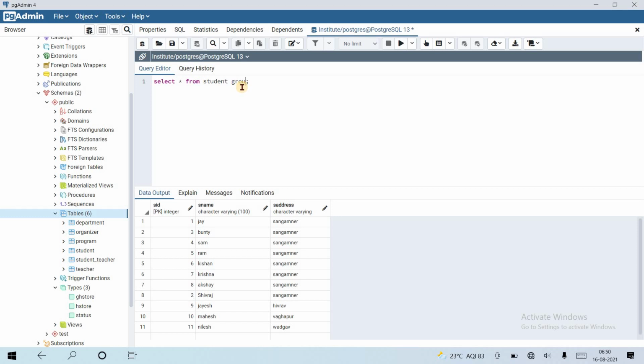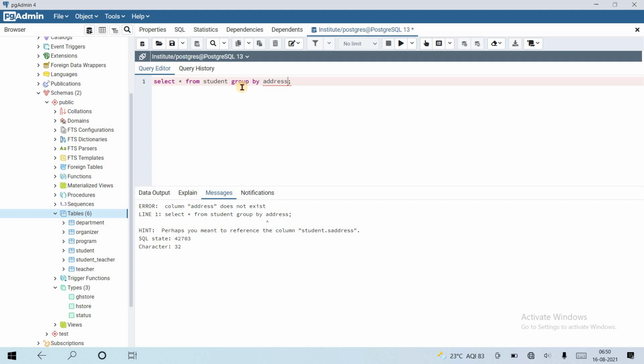Okay, let's group by address. Group by address. What is the spelling of address? Student.